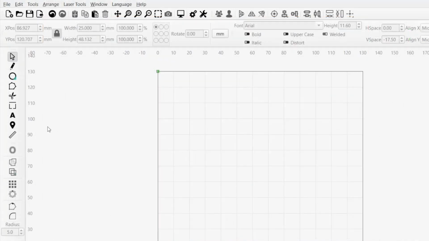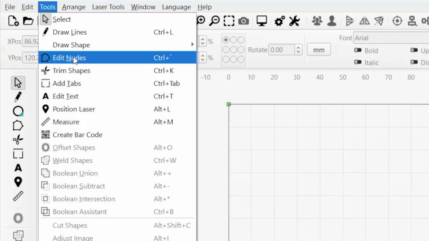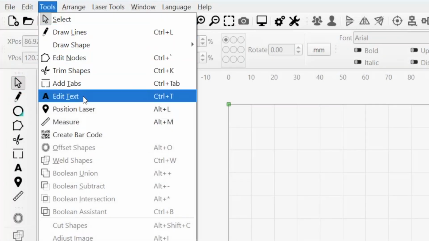To place text, activate the Create Text tool by clicking on the A icon in the left toolbar, or select Edit Text from the Tools drop-down menu. Then click anywhere in your workspace to place the text cursor and type in your text. Press Enter to start a new line and continue typing, or Escape to finish creating the text object. By default, the location you click will be the center of the text object you create, but we'll cover how